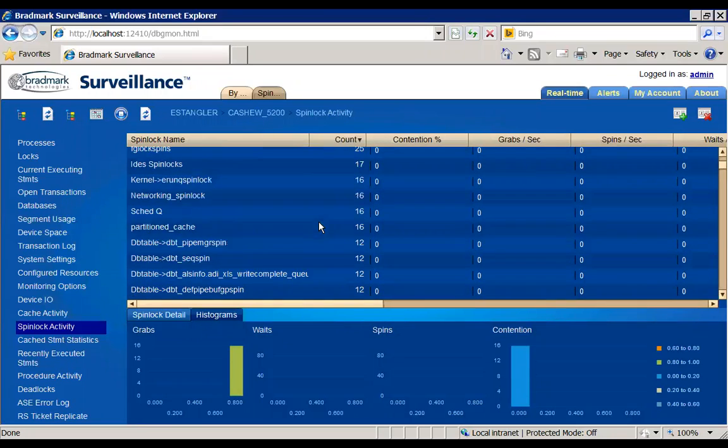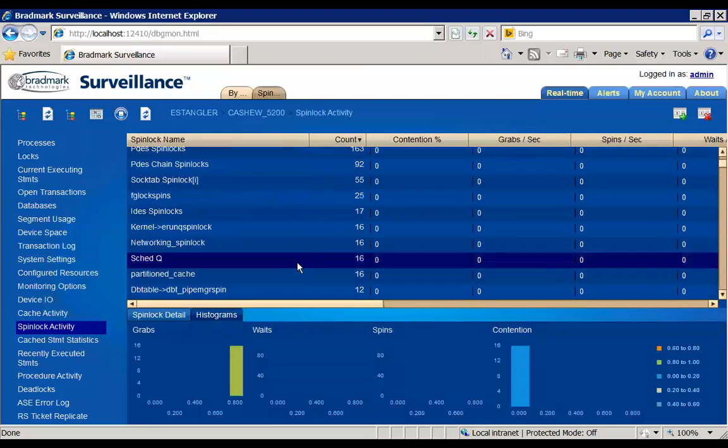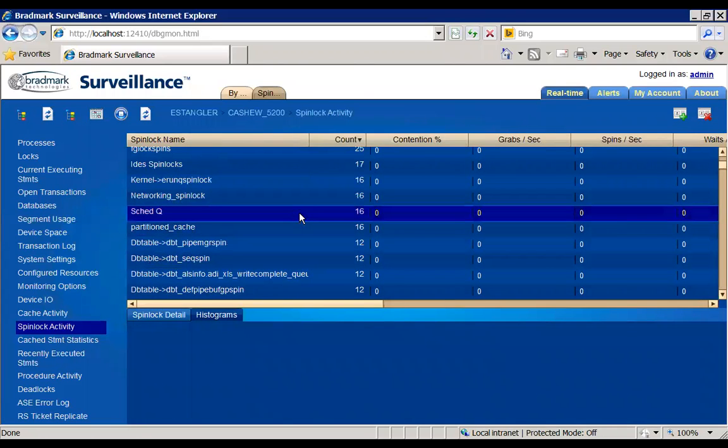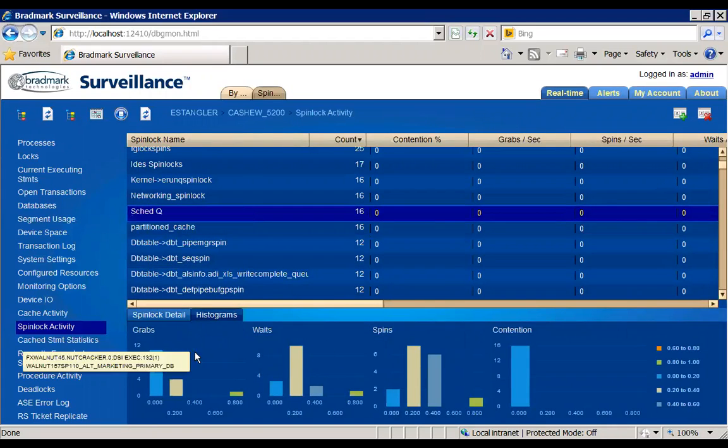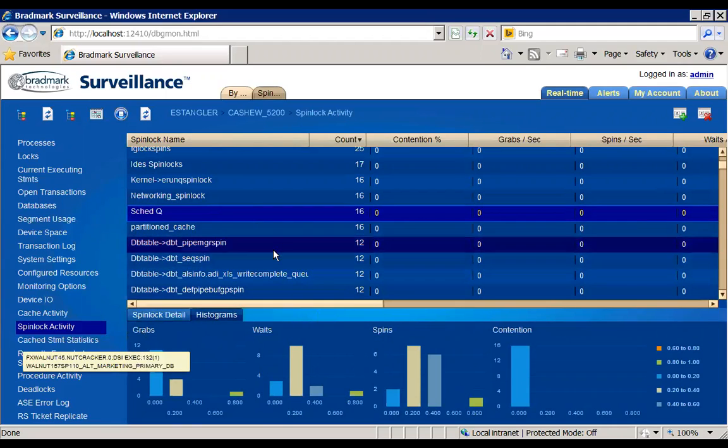Let me go over here and get that item again. Take a look at the schedule queue one, which has 16 spin locks being allocated to it. And what we've done in the 4.5.2 release or 4.5.3 release is we added histograms to show, for example, the distribution of the grabs, of the waits. So ideally, you're going to want to see